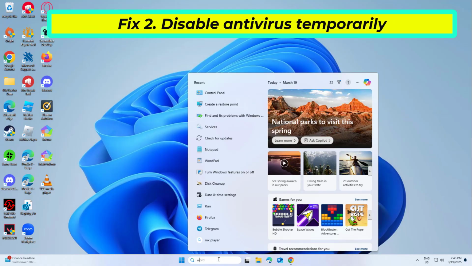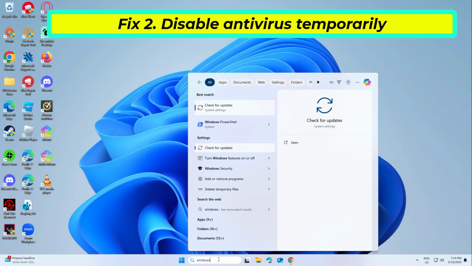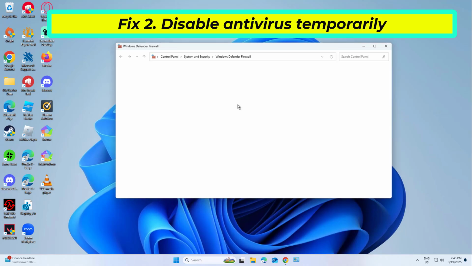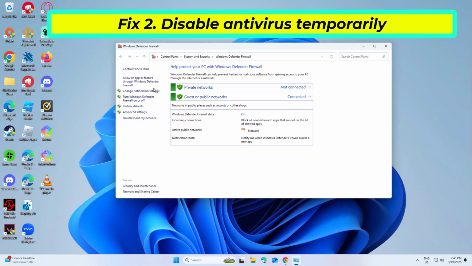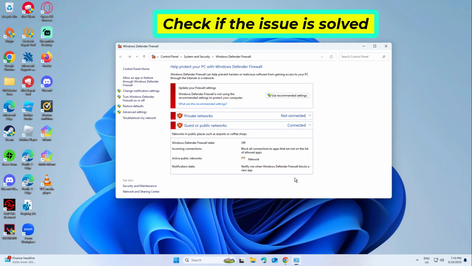Antivirus software can interfere with Zoom's server communication, causing error code 10000600, and pausing it may allow normal operation. If that didn't work,